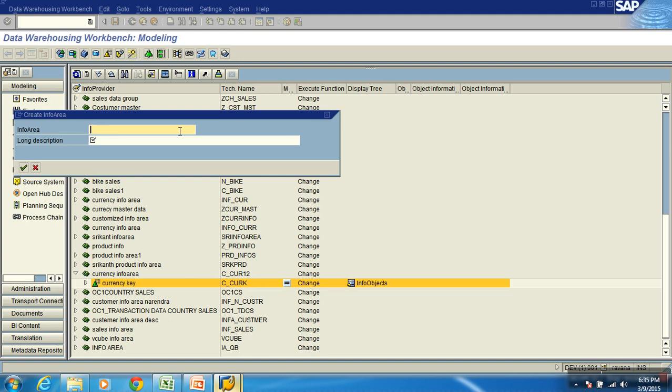So when you see it, it asks me two names. This symbol indicates mandatory for you. The dialog box name is create info area, with info area and description. This is a technical name and this is description. Preferably, this is a customized object I am creating, so we try to prefix with Z or Y, not mandatory. Okay, I can go with Callisto directly also, no problems.